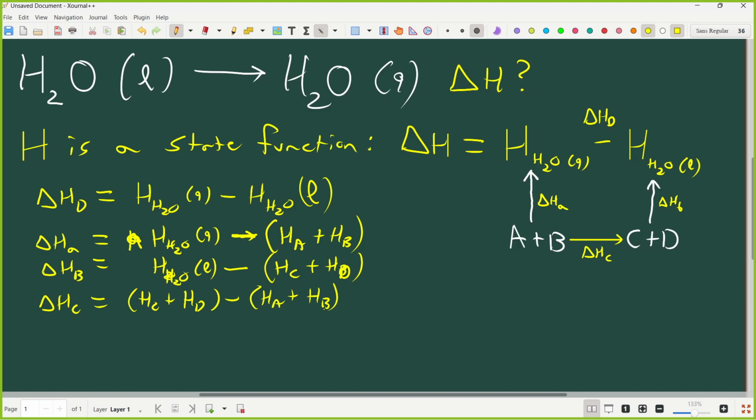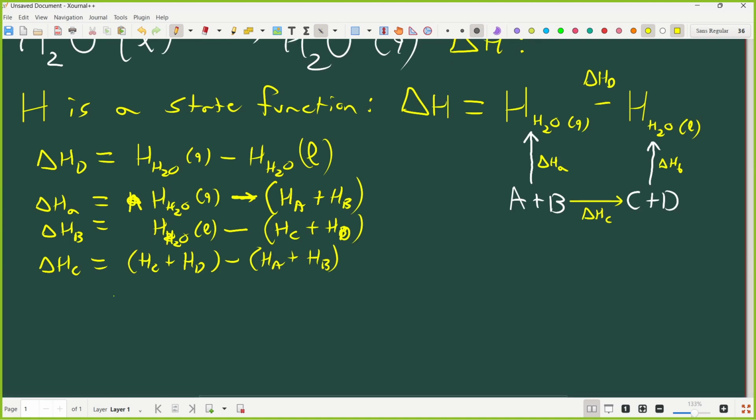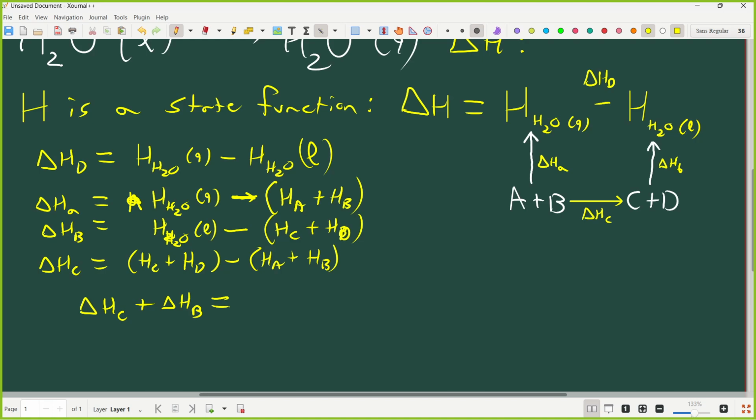Now, what I can do is take HA, HB, and HC and write HD in terms of them. So let's see how that happens. If we add HC to HB, let's do that first. Notice that the C and D terms cancel out. We lose those. So the sum of these enthalpies that we can measure would be the enthalpy of H2O liquid